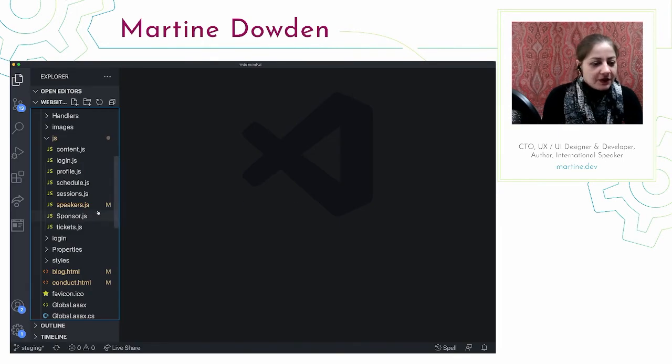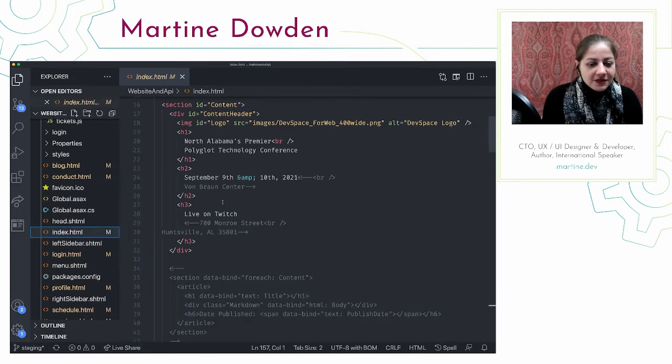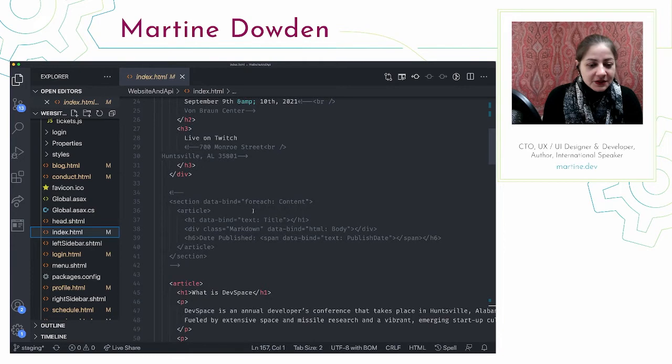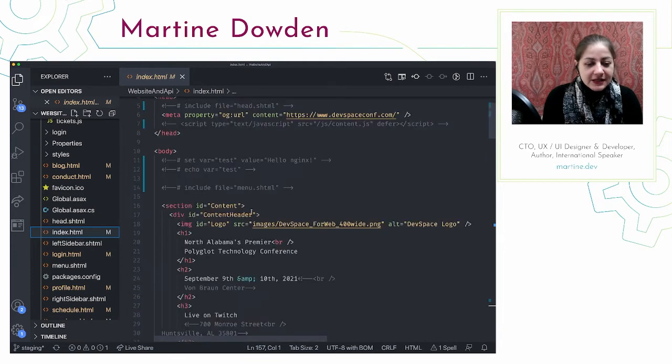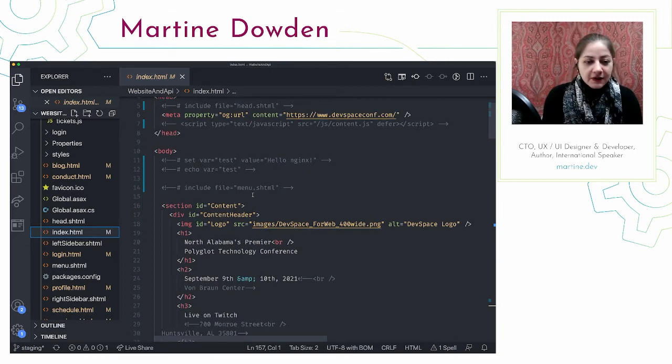I'm going to go ahead and pull up the index.html. What's interesting about this website, and it's been a really long time since I've seen this done, is that it is actually written in good old-fashioned SSI. So these are not actually comments. They're what's pulling in the navigation and all of that fun stuff.